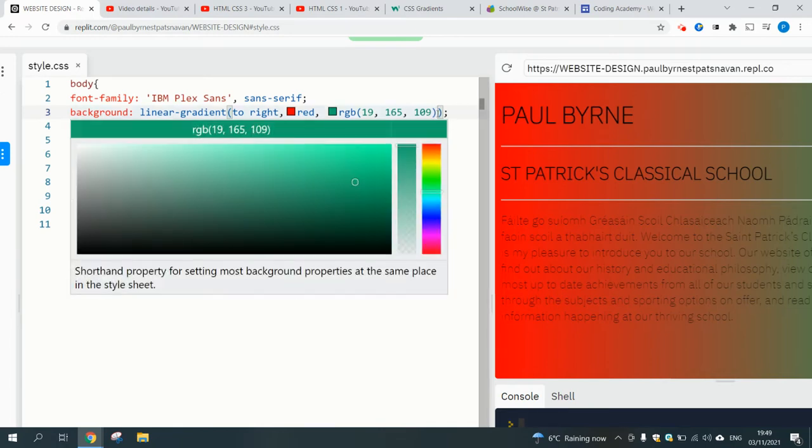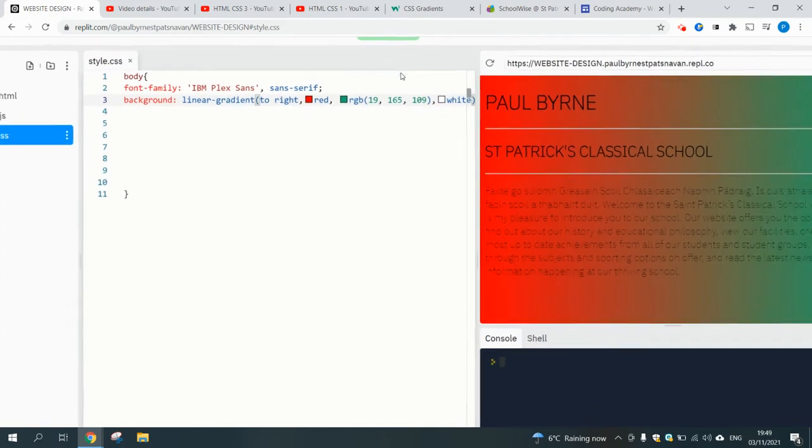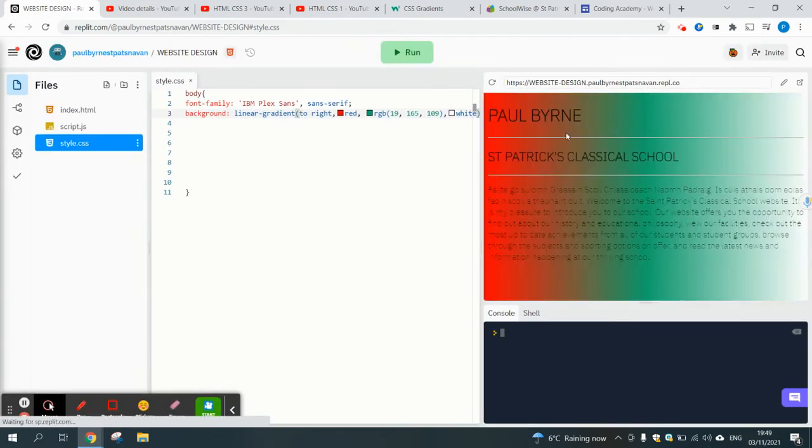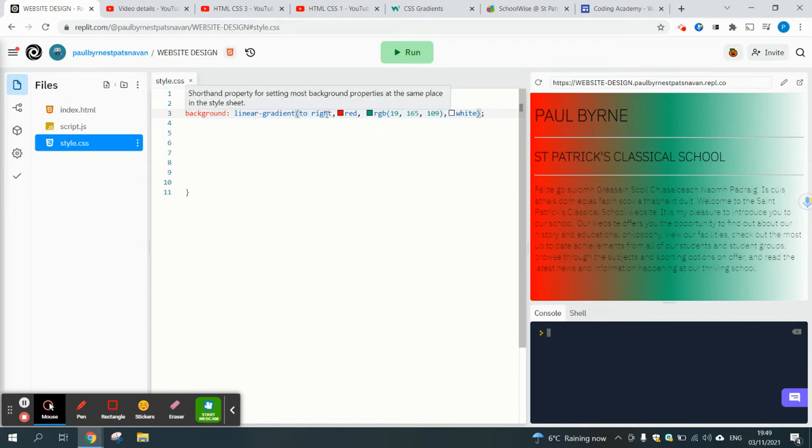is I would put a comma in. So let's say I wanted 3 colors instead of 2 colors. I would put a comma in here, and I would put in my new color, maybe something like white. And I'll zoom back out for a moment and press run, and you can see it fades to white on the side. If you want a different option than just straight across, so for example, that says to right. If you wanted yours to not go to the right hand side but go to the left hand side,